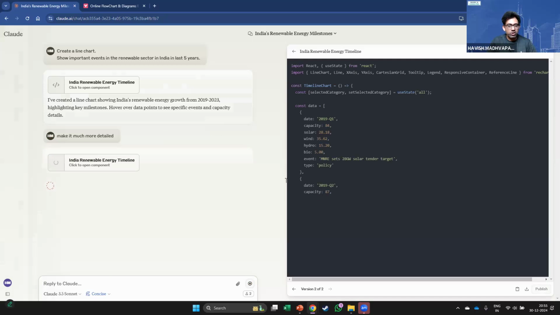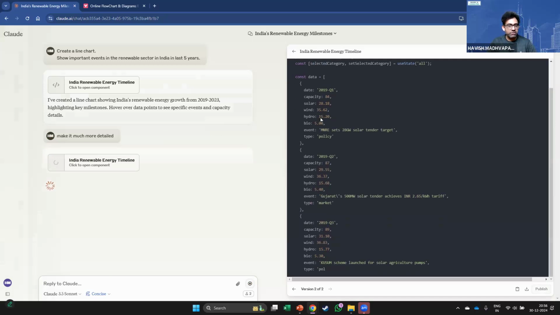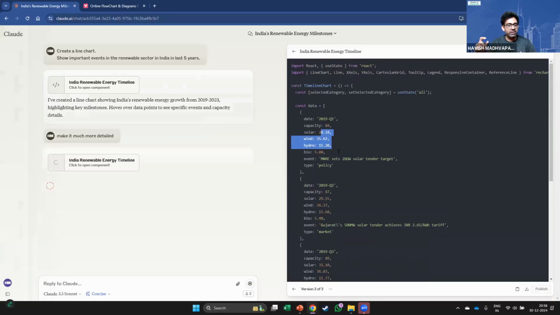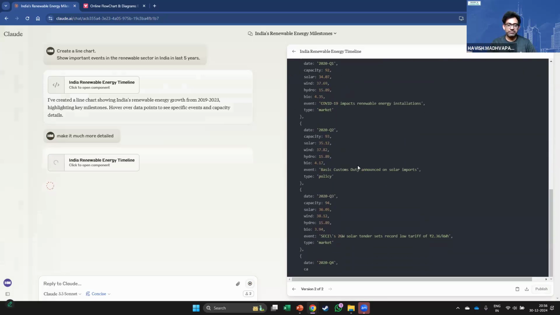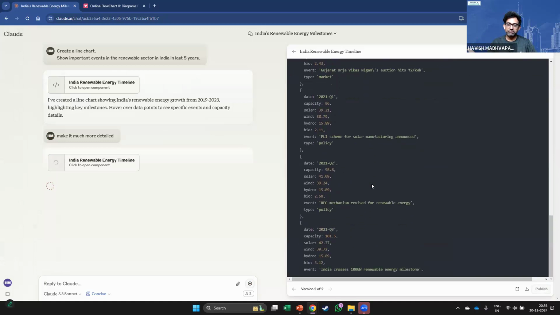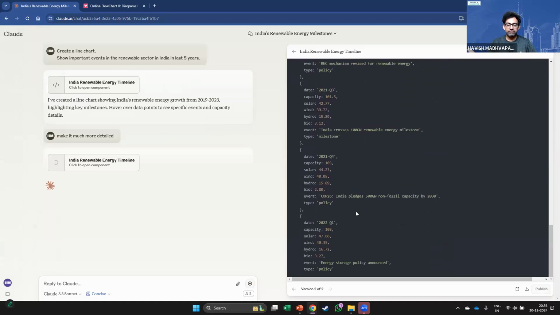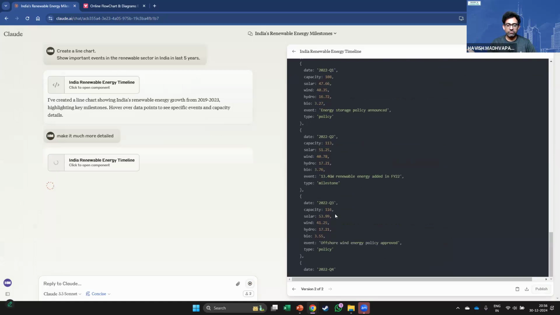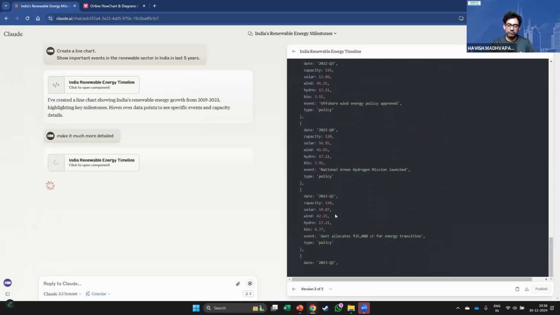And look at the revised output. Do you see now it's even giving you the breakup of solar, wind, hydro, right? And biogas, right? Look at this.